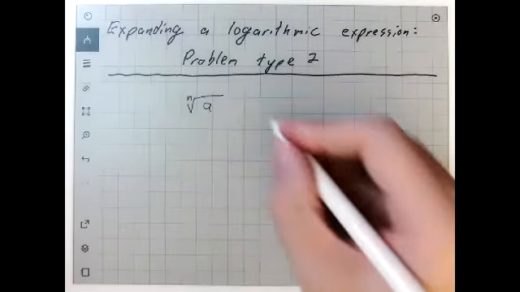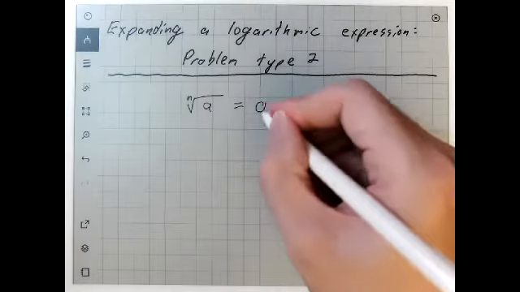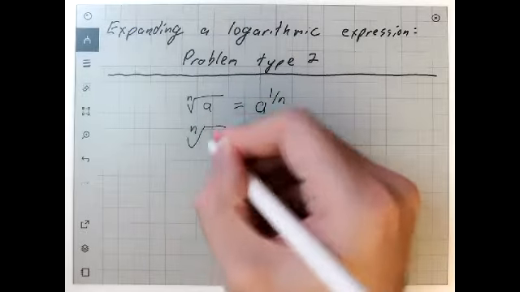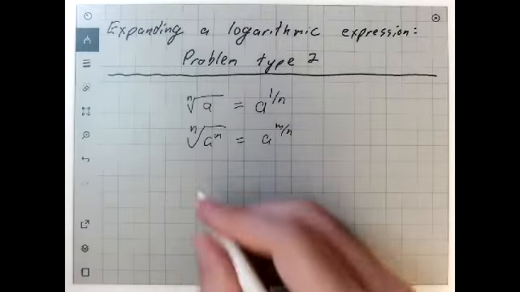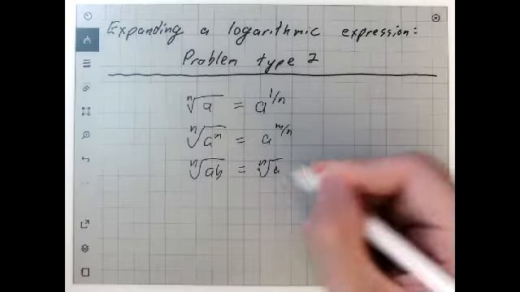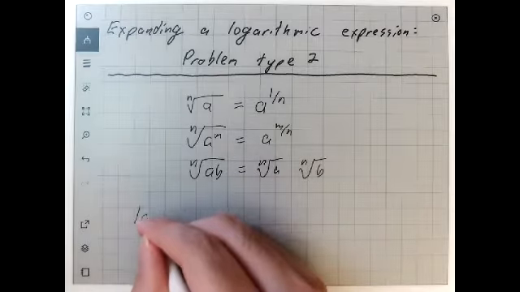is taking advantage of the property of radicals that the nth root of a is a to the 1 over n power, and all of the work we can do with that. So the nth root of a to the m is a to the m over n power, and the nth root of ab is the nth root of a times the nth root of b. Right? Using all those properties of roots and changing roots into exponents will let us handle things like